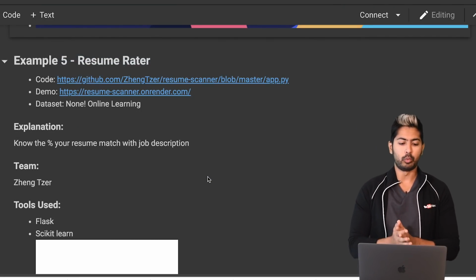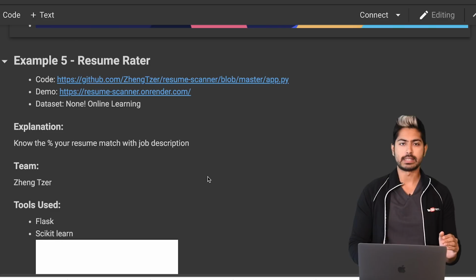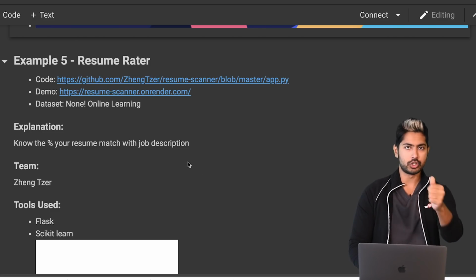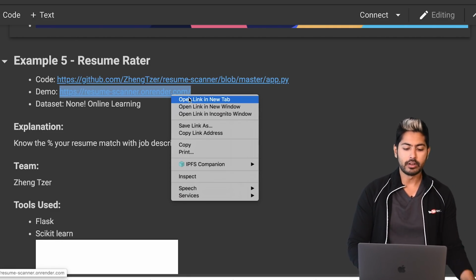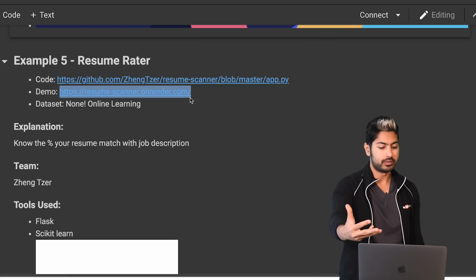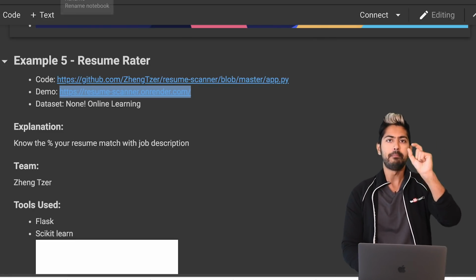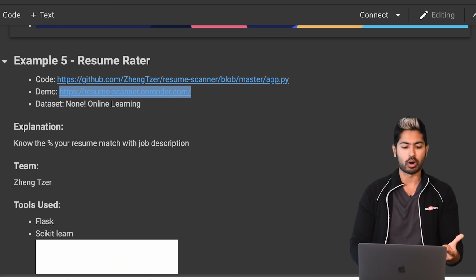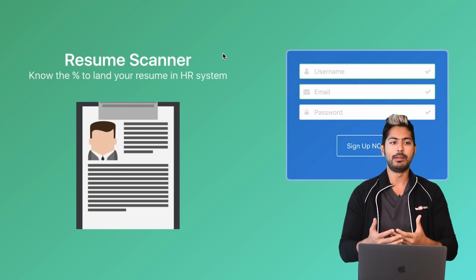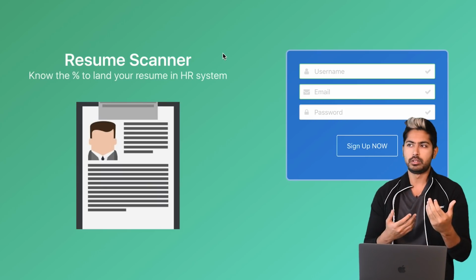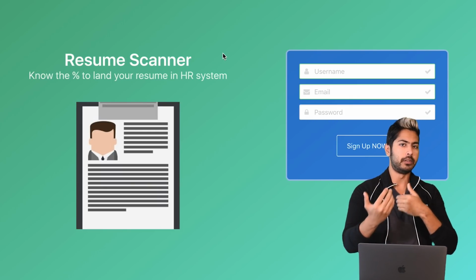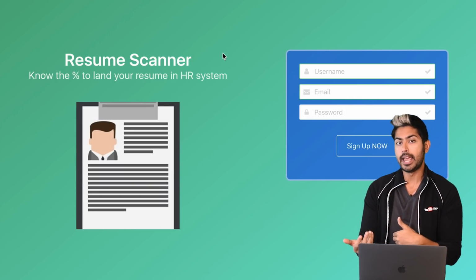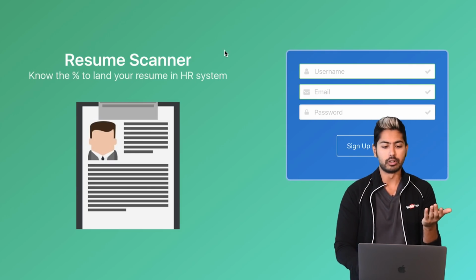Now, for the last example, we have a resume rater service. Now, this is by Zheng Ser. Good job, Zheng. Basically, he created a service that allows you to upload your resume and see a % match of how close it is to the job description that you are applying for, which is super useful because sometimes we are trying to guess how good of a fit we are for a certain job, and this kind of puts a number to it, like literally puts a number to it,